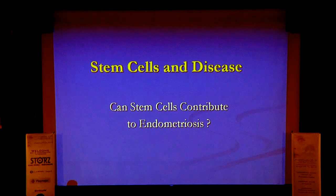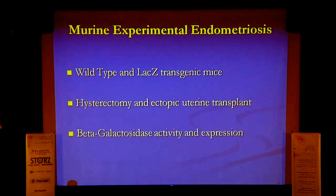So again, we created a mouse model of endometriosis. We sutured pieces of the uterus into the peritoneal cavity to make experimental endometriosis in mice. And we used two different strains of mice, wild-type mice and LAC-Z transgenic mice. And the LAC-Z gene we could just use here as a marker, again, to tell us the origin of any